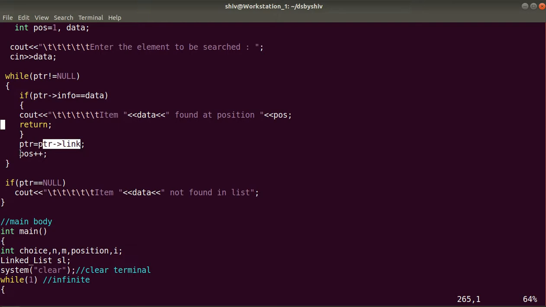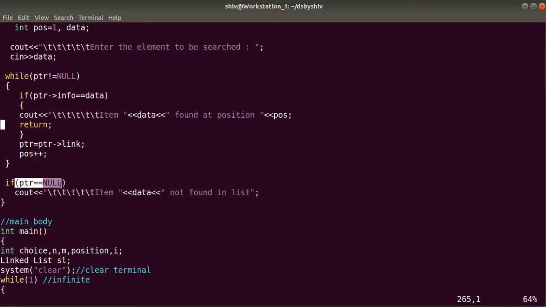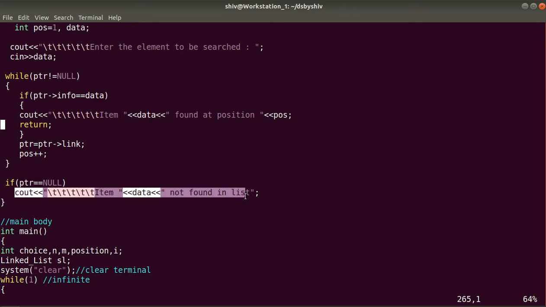So null not equal to null is false, and we come out of this while loop. Then this if statement will run: null equal to null is true, so the message is printed that the item the user wanted to search was not found in the list.